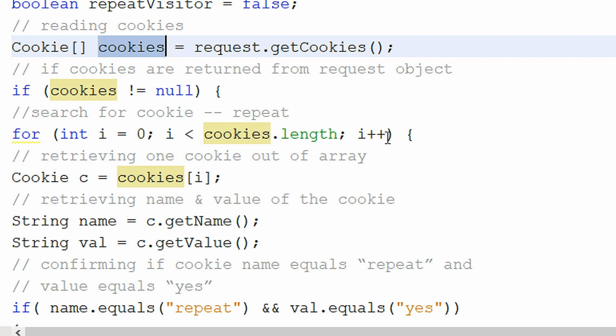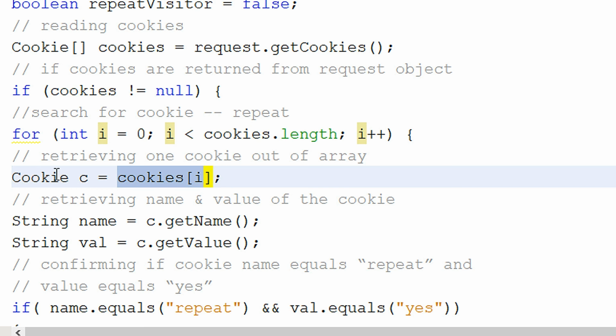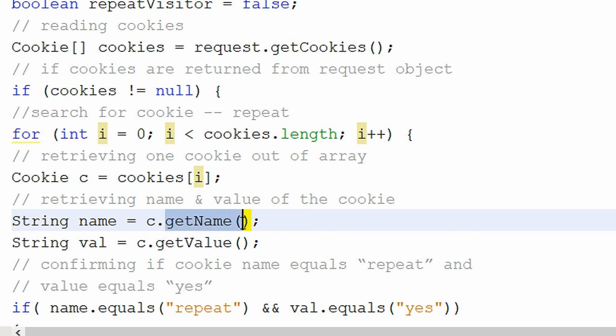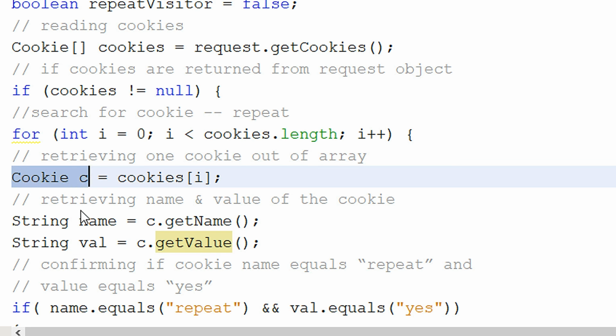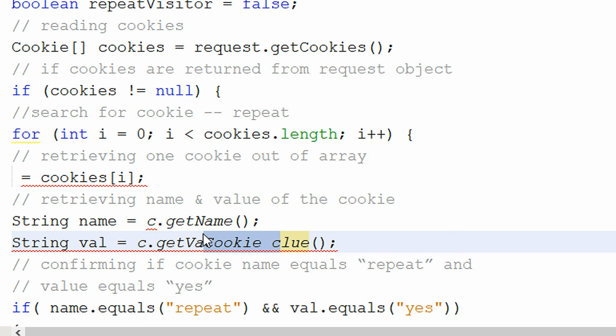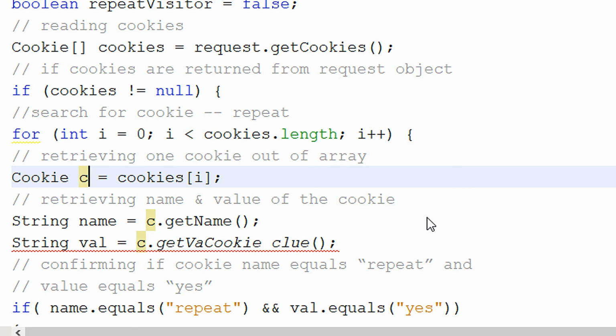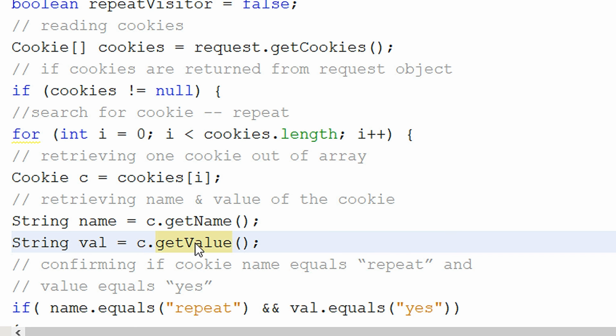From the cookies array, we retrieve one cookie, which is retrieved through cookie object c, cookies[i]. After this, we get the name and value of this cookie using the getName method and getValue method of the Cookie class. This name and value are stored in string type variables name and val.